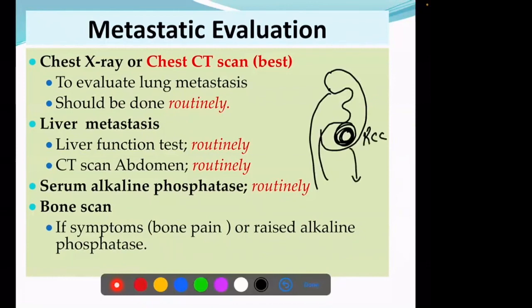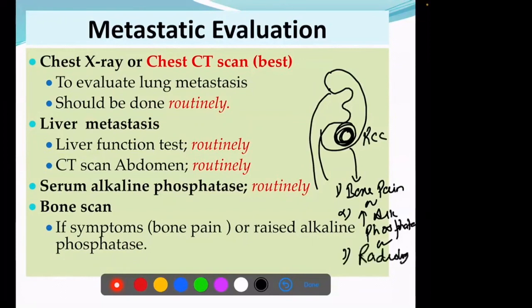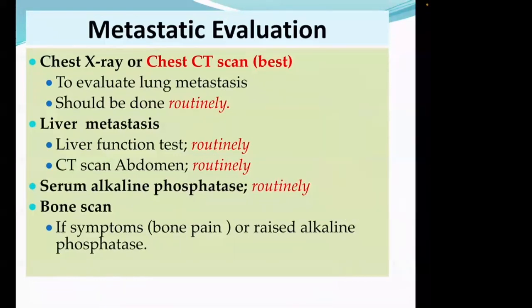In that case, if the patient has RCC and you found a new onset of bone pain, or increased alkaline phosphatase, or radiological evidence of bone damage by doing CT scan or X-ray of the bone. If you found any of these, then always do a bone scan. A bone scan will give you an idea about the whole bone,